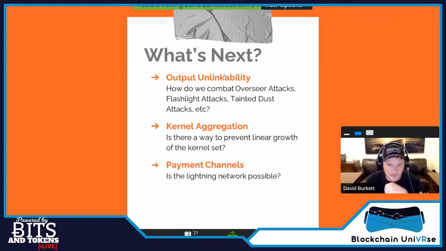And then there's other things we can do, like kernel aggregation. The kernels are the place where the Schnorr signatures are. Those are the excesses that are in the slides. I'll show you those in a minute too. They grow linearly, which means for every transaction, you have to add one of those to the chain. And those can't be pruned currently, unlike the outputs, which you can delete when they're spent. Those always stay, so they continually grow the chain. But there may be ways that we can prevent that growth and limit the size of those as well. And then of course you can do payment channels for Lightning Network or bidirectional payment channels and stuff like that.